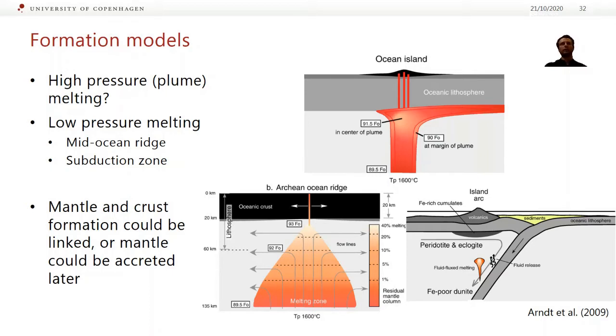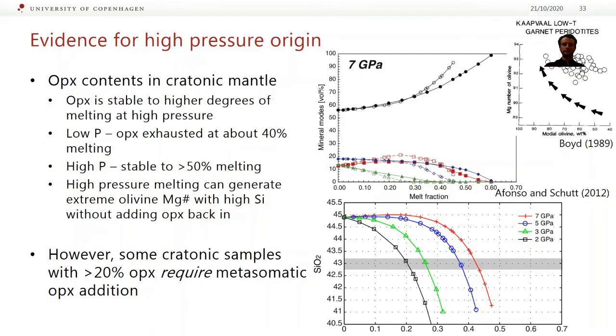We'll talk a little bit about what evidence we see for that at the end. Okay, so in terms of evidence for a high pressure origin,